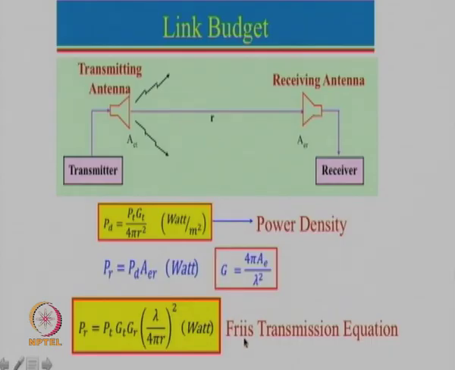I also want to mention a few additional things. Whenever we do something like this, there is always a margin. Generally, an acceptable margin of about 10 dB gain margin is kept, so that the system works properly over any adverse condition. For example, you might have noticed that when you are watching TV using, let us say, a dish antenna,